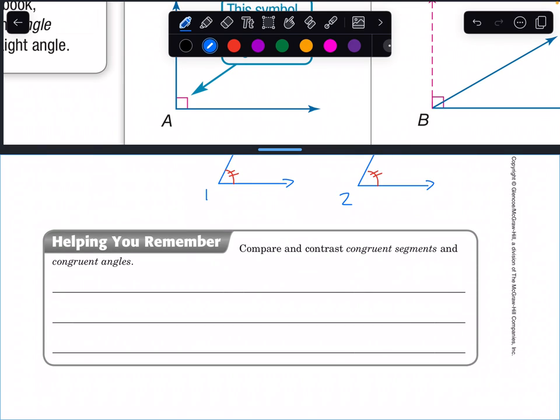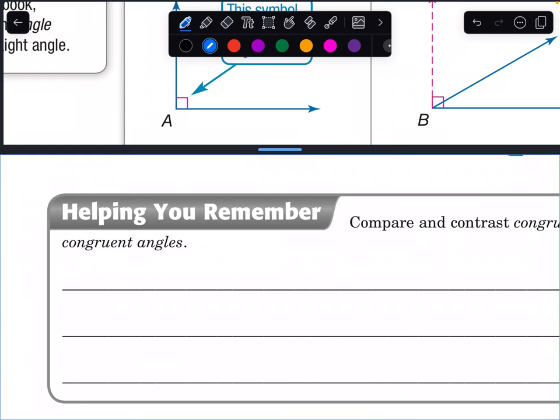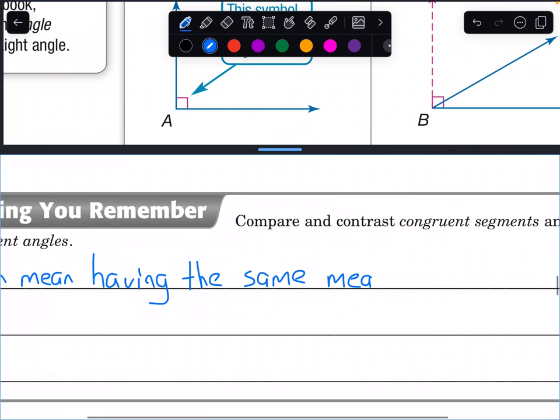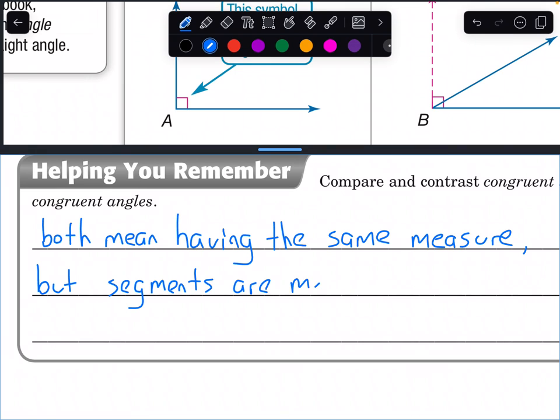And to help us remember, let's compare and contrast congruent segments and congruent angles. They both are congruent, and we know that congruence still means they both mean having the same measure. But what's different? Segments are measured in length